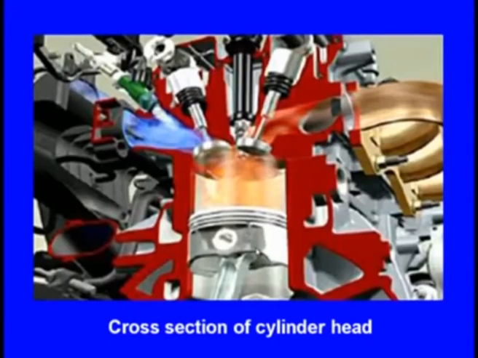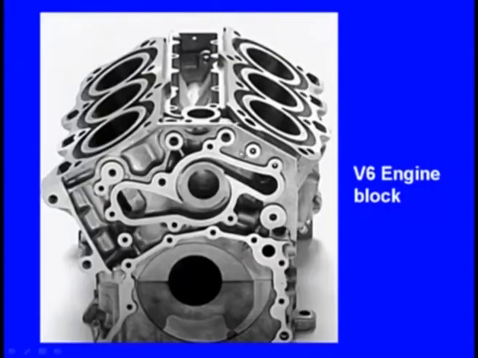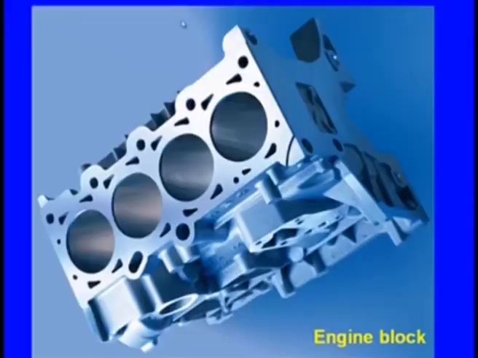This engine head is manufactured by metal casting. Again, we can see here an engine cylinder with 6 cylinders. This side we can see 3 cylinders and this side we can see 3 cylinders, and this is manufactured by metal casting. And this is another engine cylinder, with 4 cylinders. Here you can see 4 cylinders, so maybe this engine is used for a heavy truck or even for a heavy car, and this engine is manufactured by metal casting.